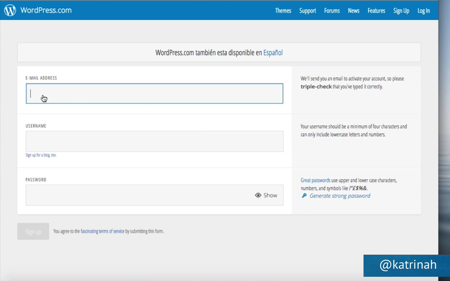And here you can create a username simply by filling in your email address, creating a username, creating a password, and then clicking on this button that says sign up. Once you've had that all set up and ready to go, once again, this is a free WordPress.com account, then you can go back to the Jetpack plugin. So I'm going to go back to my WordPress website once I've created my WordPress.com account.